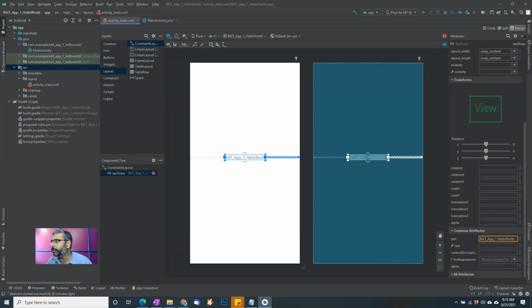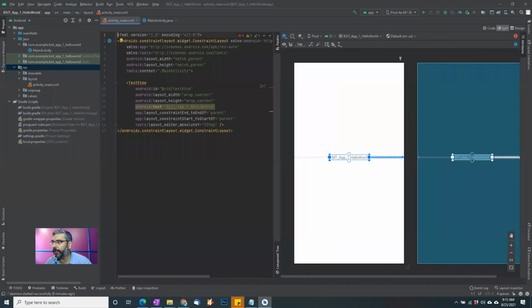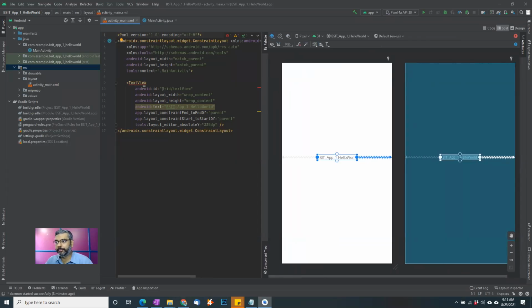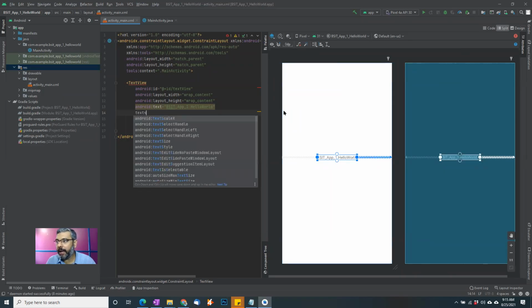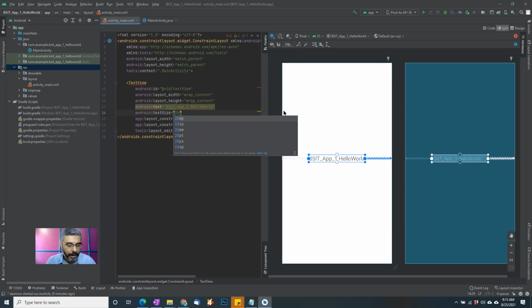Similarly, you can come into this split window button here at the top right corner. If you can see this, here you will find the XML code for this thing. Okay. So this is the XML code that was auto-generated for this particular text field. We can write our own code here as well. So for example, I can come here and I can write text size. Okay. And I can give it, for example, 20. And this can be SP.